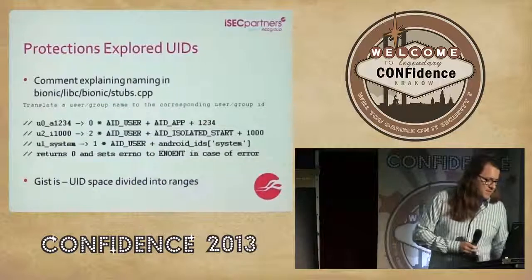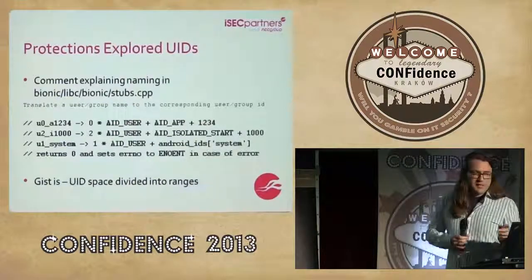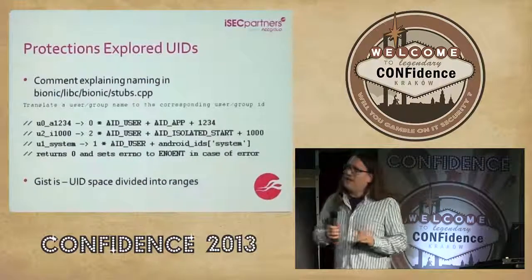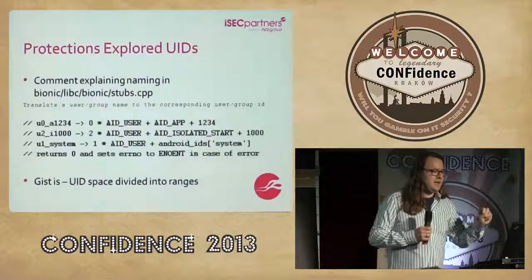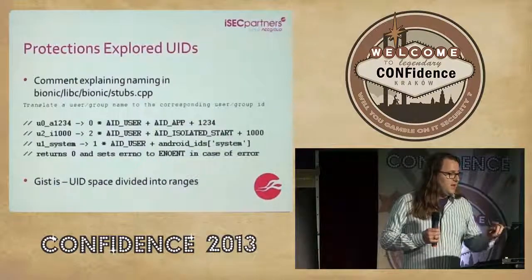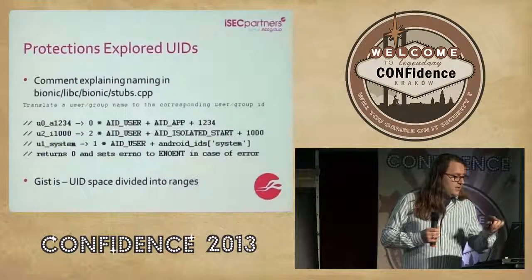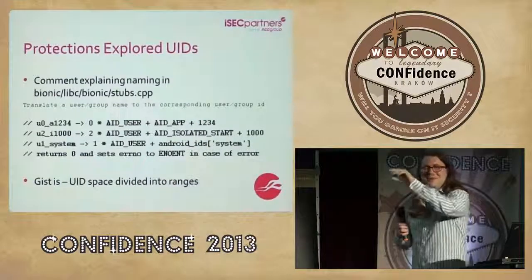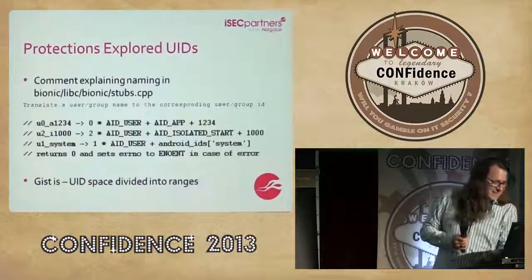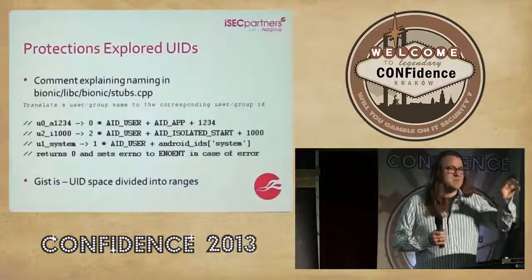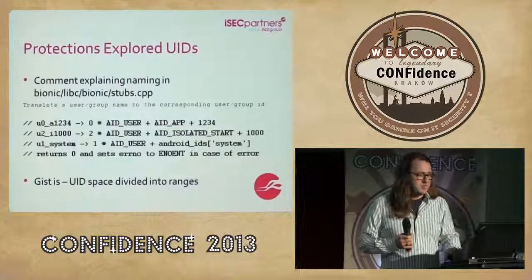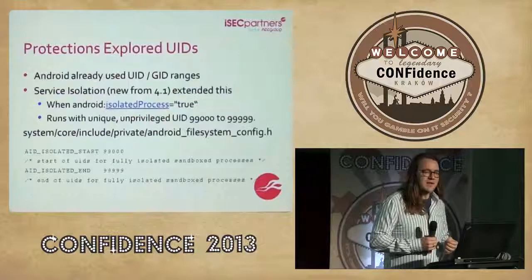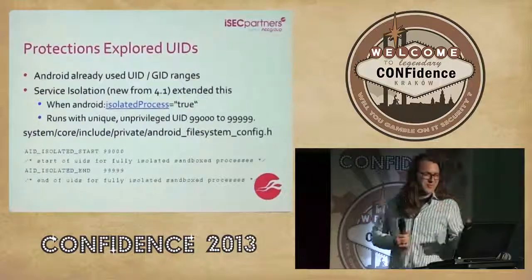Let's see. There's also, I mentioned this new isolation thing that showed up. And this is a really cool feature where you can have apps that run isolated. And that means they just get IDs in a range that's like 99000 to 99999, something like that. But it's just a special user space for things that are not going to be privileged, and so they won't have any, they won't have any. Oh, and here I've got them written down,